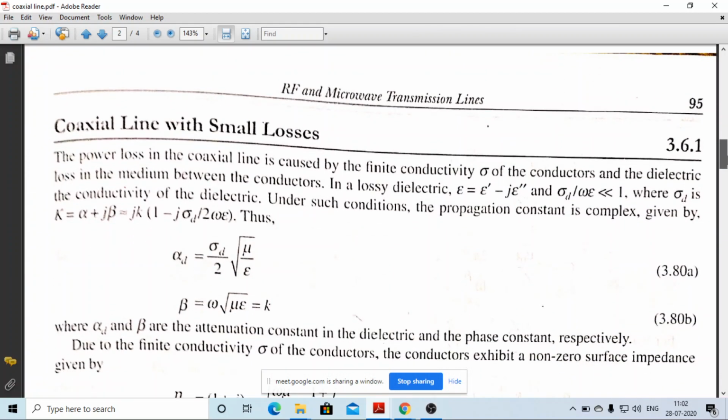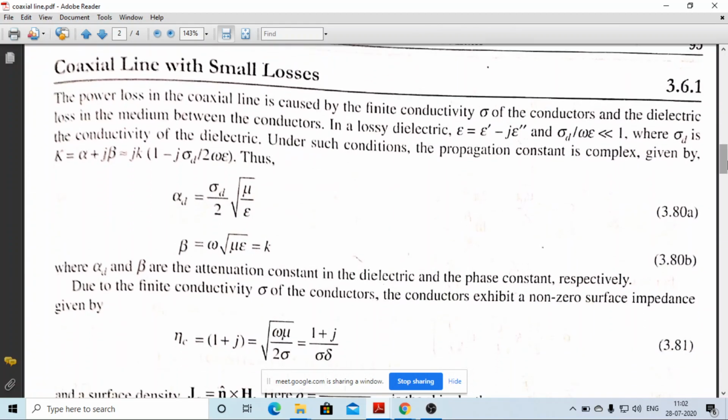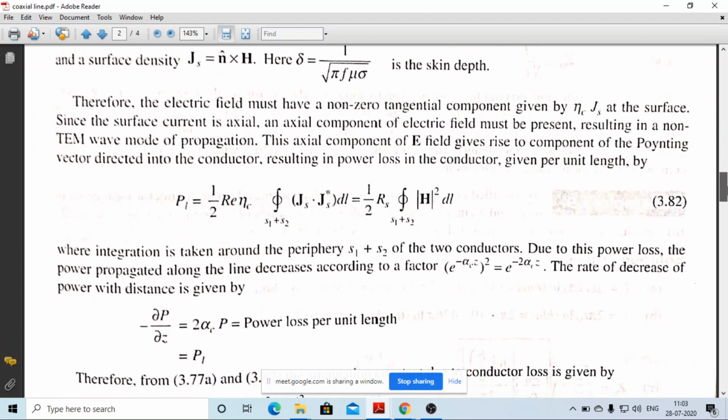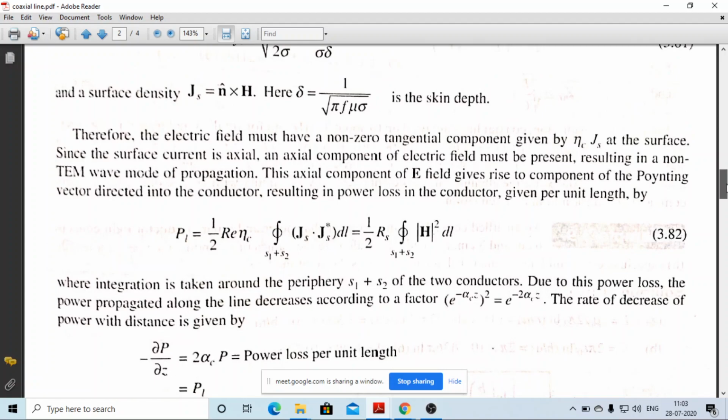However, if you go for the coaxial line with small losses, the losses are due to the conductivity sigma of the conductors, because there is a finite conductivity. Ideally the conductivity should be infinite, but there is no material that supports infinite conductivity. So there are losses, radiation losses. Due to these losses, we can approximate the above formula, and then you can find out that